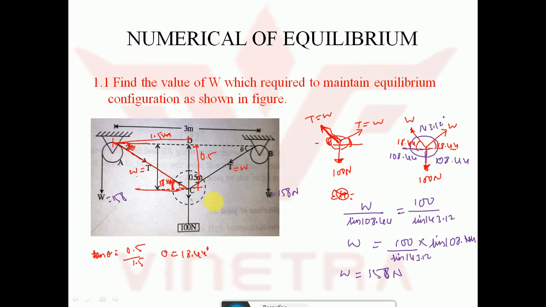So this is how you can solve this problem. Remember that when a rope, string or cable is passing over a pulley, the tension developed in this string is equal to the tension developed in this string. Remember this point. It will be most useful to solve many problems related to strings and pulleys. So with this I am ending module number 2. From the next video onwards, I will upload the videos of module number 3, which is related to finding support reactions and friction problems. Thank you.